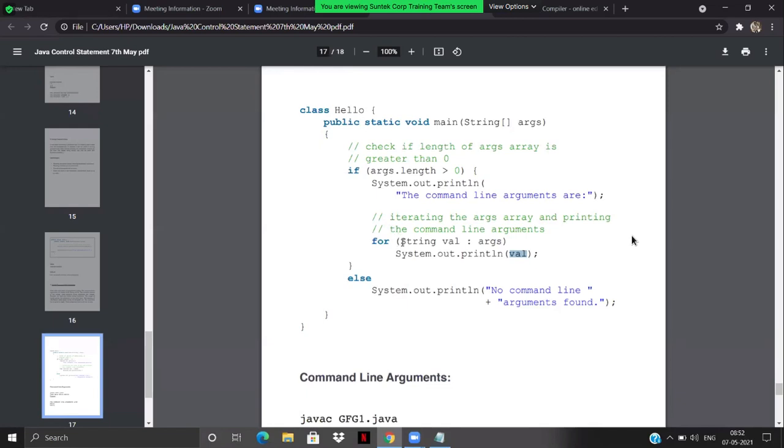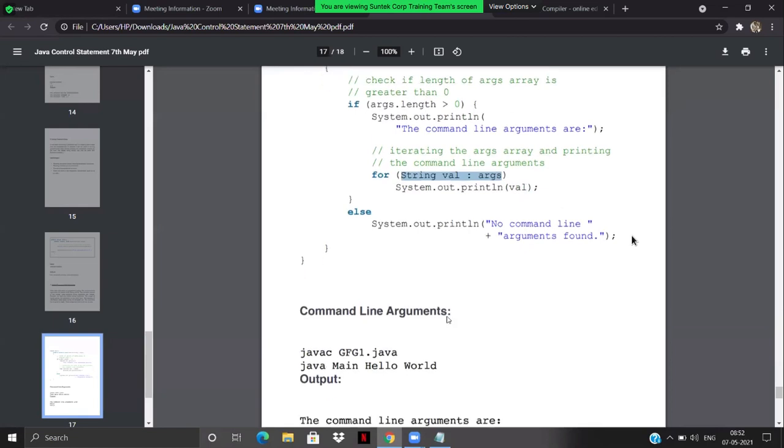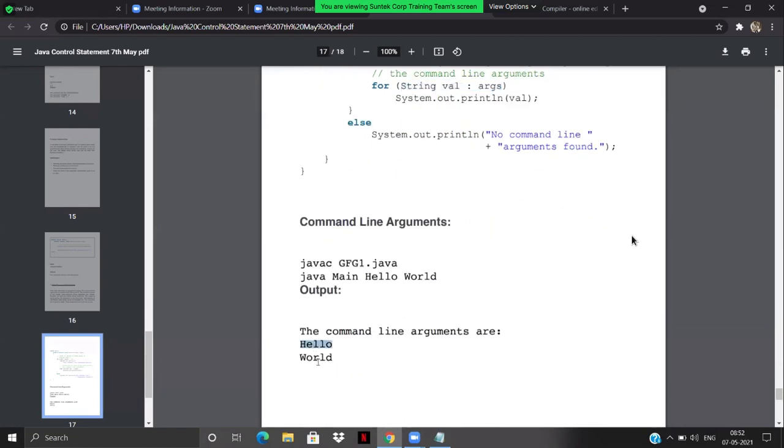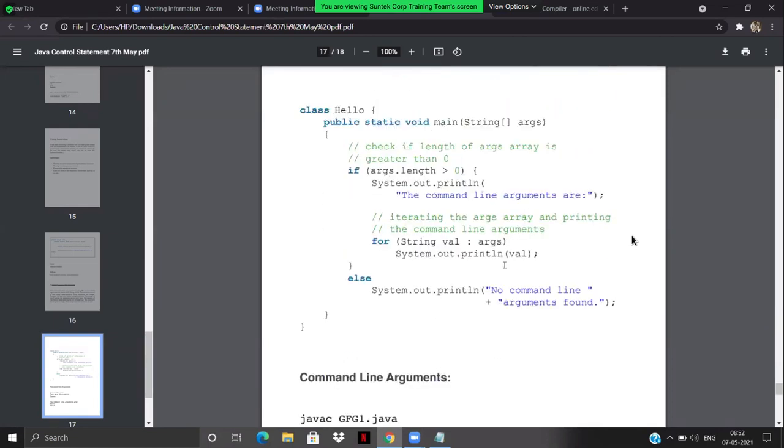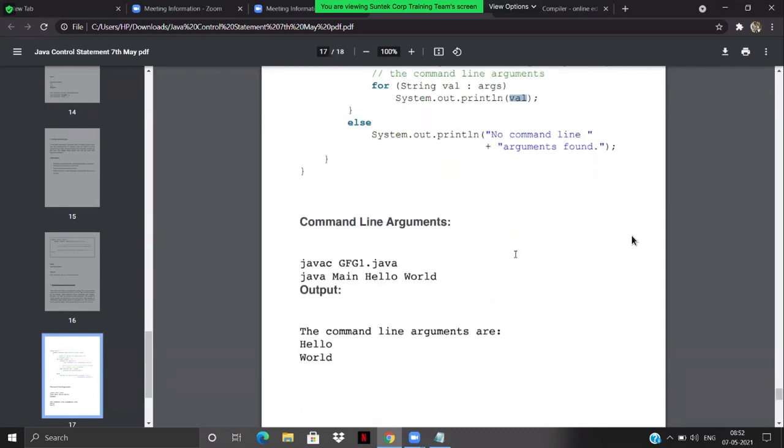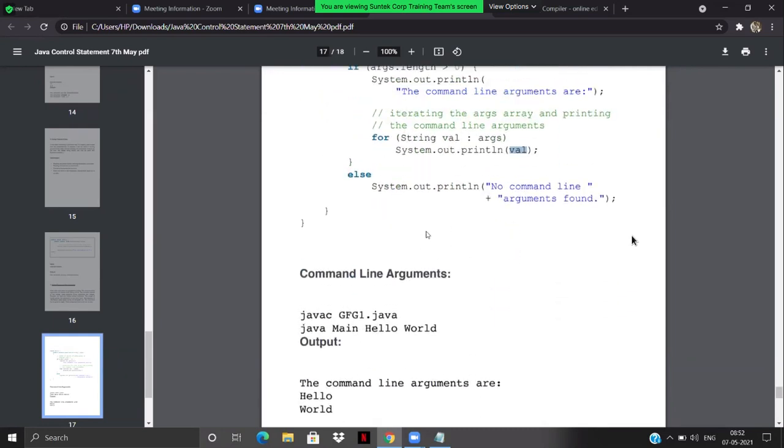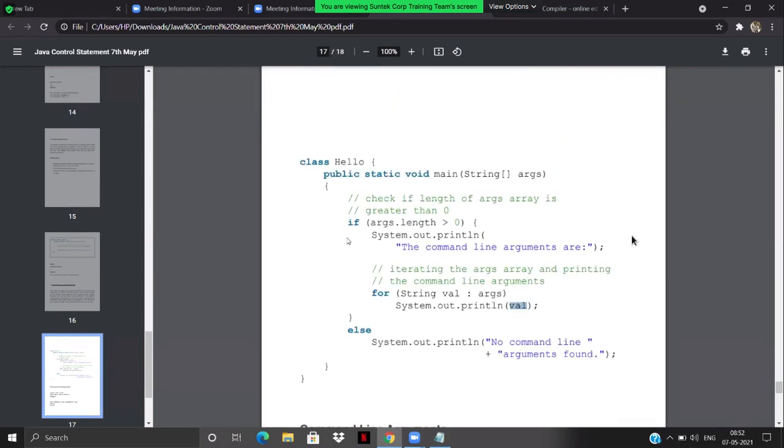That means if I iterate over each and every value inside args, it's going to print hello first, then world second. So it's going to print hello and world. If the length wouldn't have been greater than 0, it would have directly come to the else part, which is System.out.println no command line arguments found.